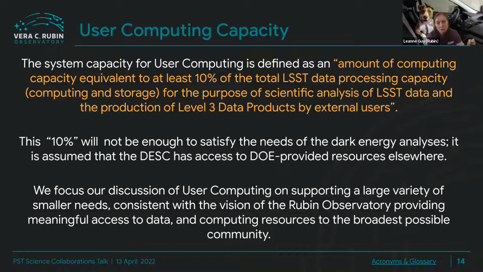The same information in the alert packet goes into the prompt products database, and within 24 hours, that prompt products database is updated for every detection in a difference image with additional information that's come from the daily processing, the 24-hour processing, which we can't compute within 60 seconds. So we don't need it in order to enable follow-up, but we also don't have the budget to compute it within 60 seconds and put it all into the alert packet. So the best way to work with data that's in the alert packets is to query the prompt products database